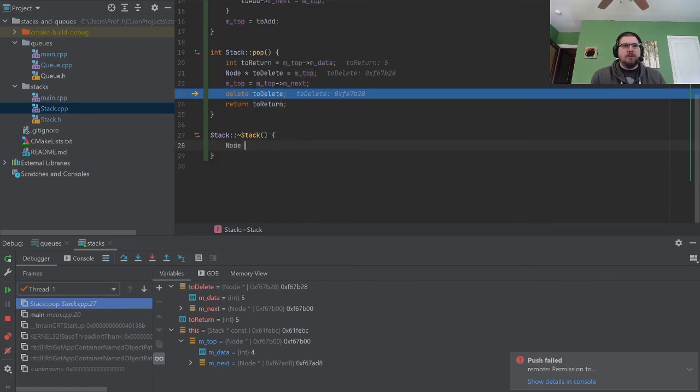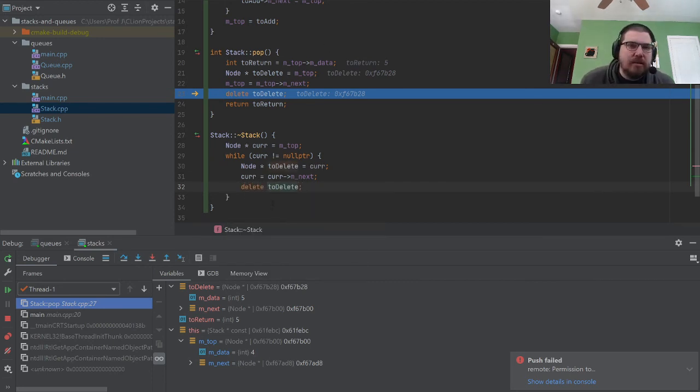So we'll just do the cur equals mtop while cur doesn't equal null pointer. We could also just say while cur, node to delete equals cur, cur equals cur next, delete to delete. Couldn't use any fancy recursion here.